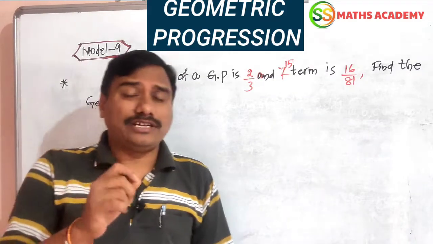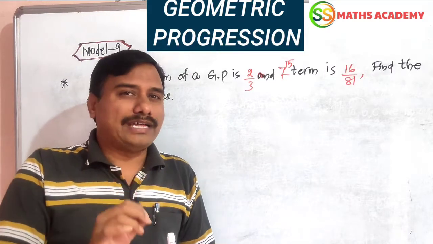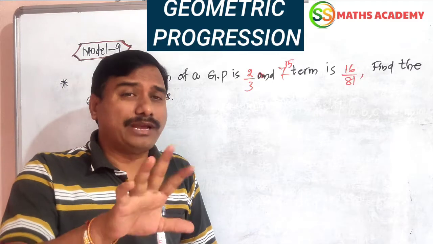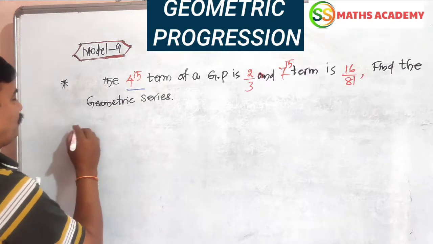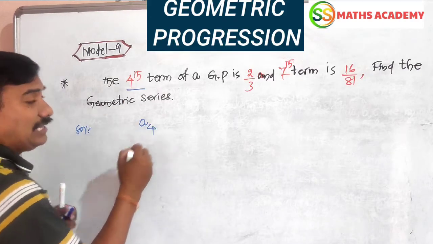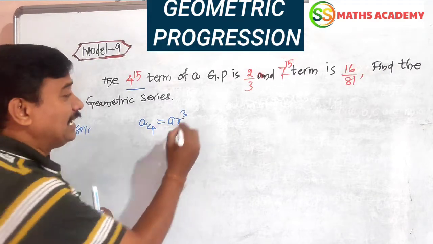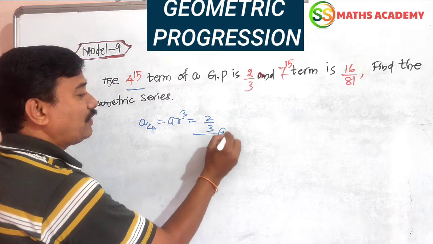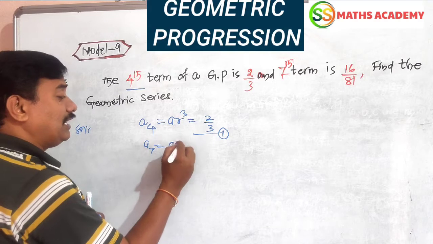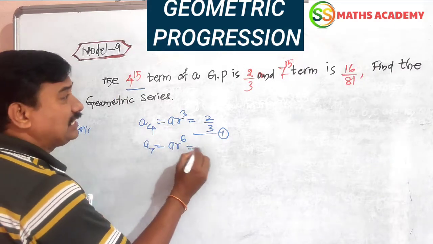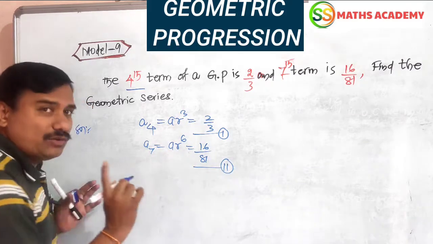You have to think, dear friends, every question depends on a concept. Don't fear maths. If you see the concept, then the maths will be 50% in your hand. What is the concept? Fourth term. What is the meaning of the fourth term in AP or GP? A4 only. In GP we have to utilize ar cube. The value is 2 by 3. Put this as equation number 1. Seventh term a7, or t7, is nothing but ar to the power of 7 minus 1, that is 6, right? The value is 16 by 81. Fraction terms are given, that is the only somewhat complicated part.